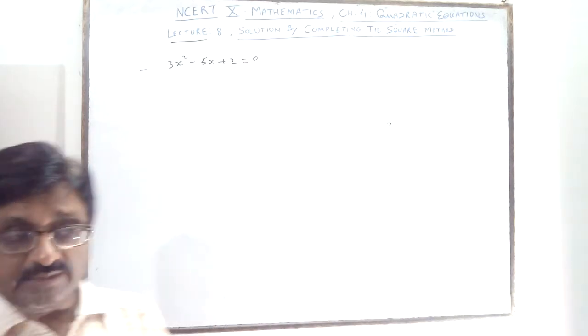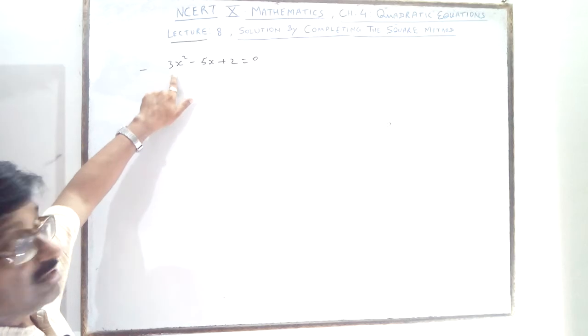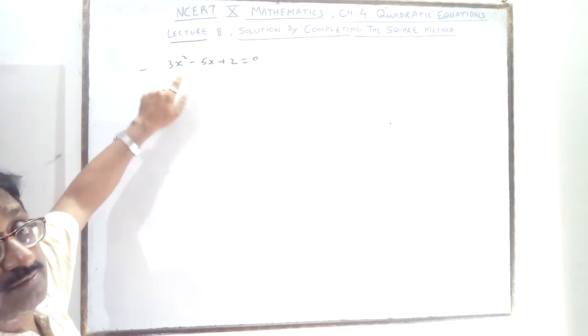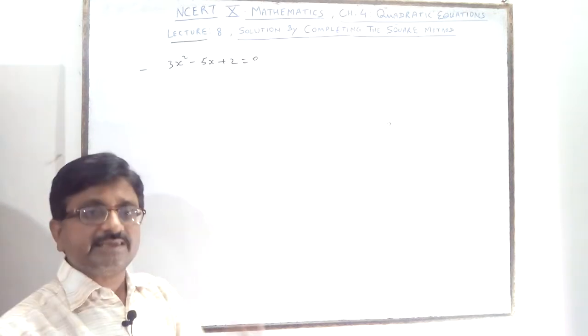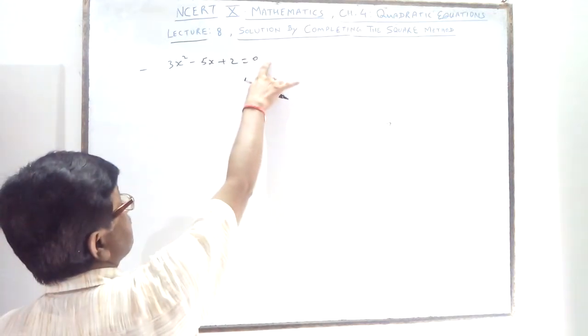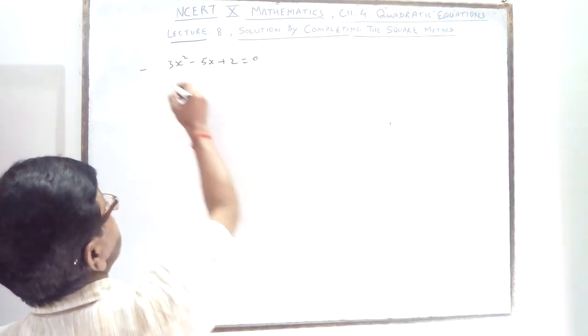First you see whether any perfect square is there or not. Here is a perfect square or not? Not by this. 3 is not a perfect square. So what will you do? First you make it a perfect square by two options. Divide by 3 or multiply by 3. So I am multiplying by 3.